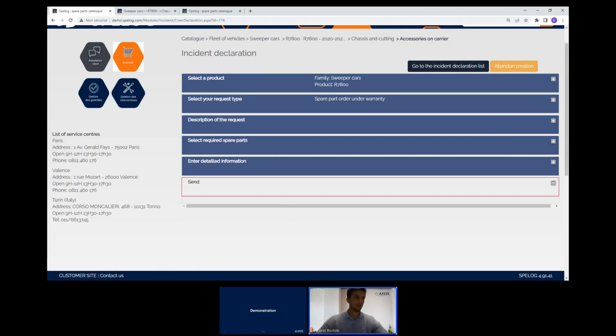This module allows you to create a kind of communication with your customer and gives them the autonomy to create all the tickets, and the solution Spellok will directly distribute those to the services that need to take care of them. Next of all, we will see